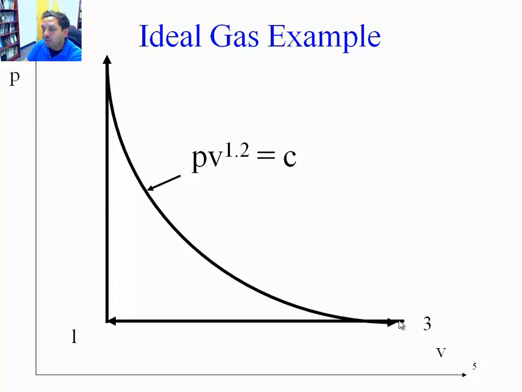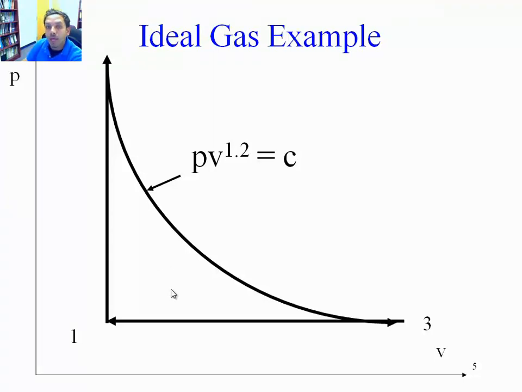And then it closes the cycle by returning to the original state at a constant pressure process. So this last line has to be horizontal. Now, because this process goes in a clockwise direction, from 1 to 2 to 3 to 4, we know that the net amount of work produced in here is going to be positive.